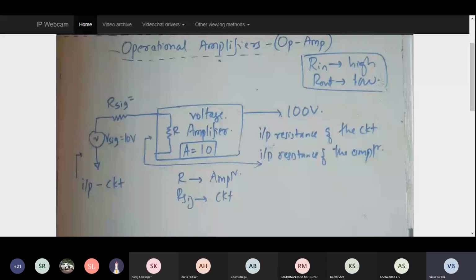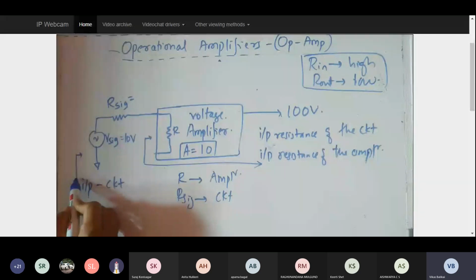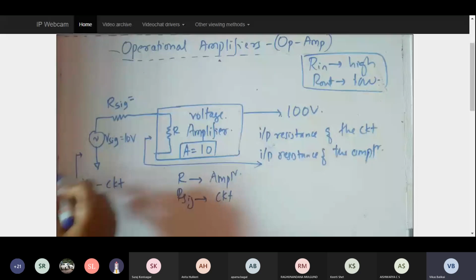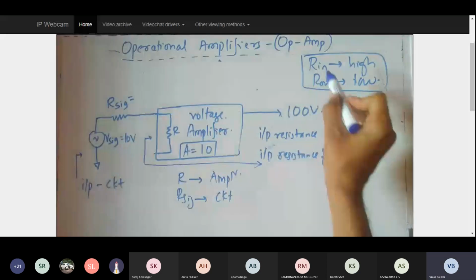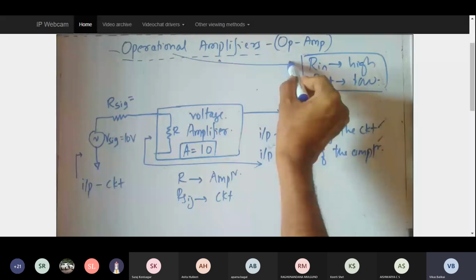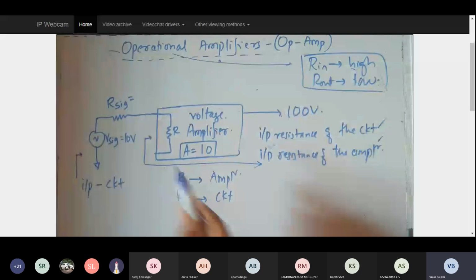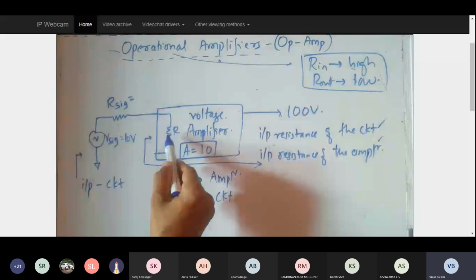And if I stand here at the circuit side, at the output, the input side, and if I try to identify what is the input resistance of the voltage amplifier, I'll not be able to understand it. I should come over here. So that is the reason behind giving you these two statements. Okay. Now I told the input resistance of the voltage amplifier or the input resistance of the operational amplifier should be very, very high. Andrenu, I'm not bothered about this RC. I'm bothered about this R. So this R has to be very, very high.